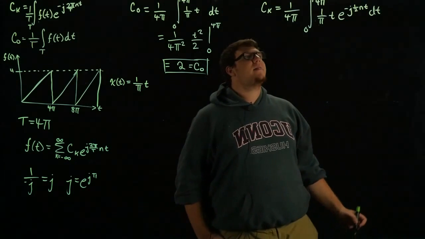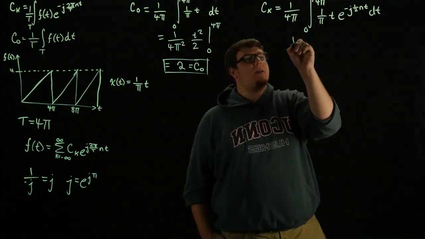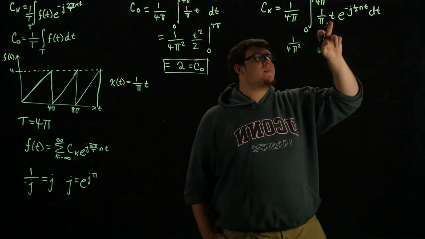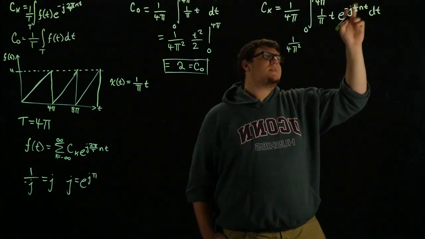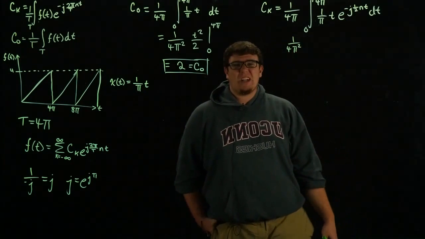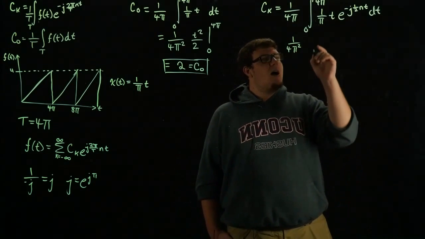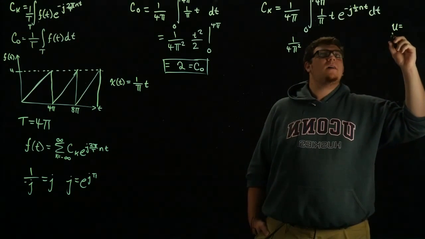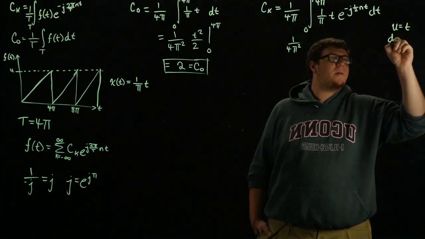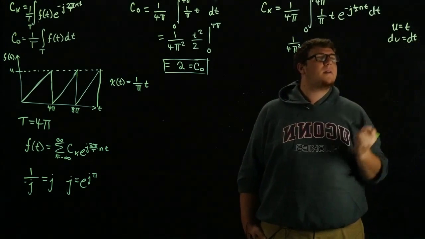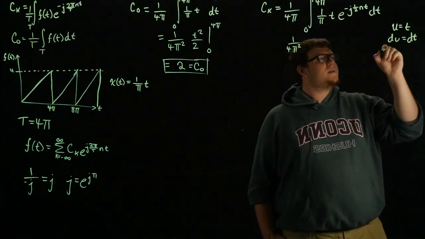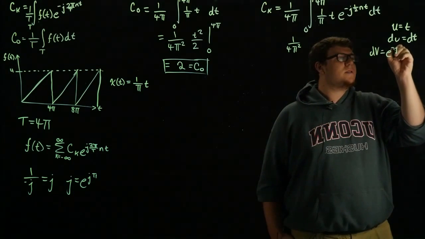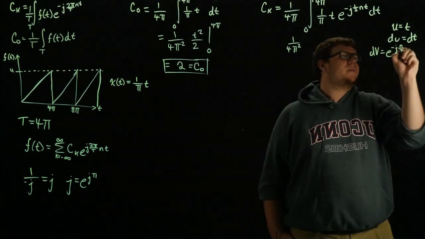Doing that here, we can pull out the 1 over pi, so we get 1 over 4 pi squared. And then we have the integral of t times e to constants times t. In order to do that, that is an integration by parts, and we'll carry that out now. So if you're taking this integration by parts, you should say that u is going to be t, making du equal to dt. You should also say that dv is equal to e to the minus j n over 2 t